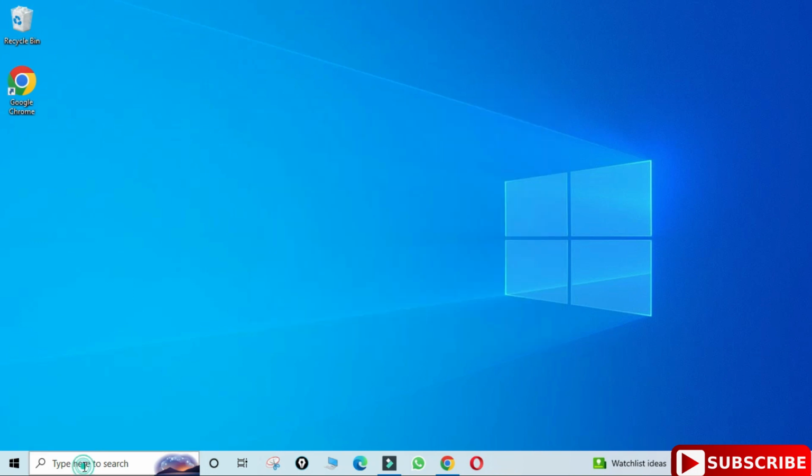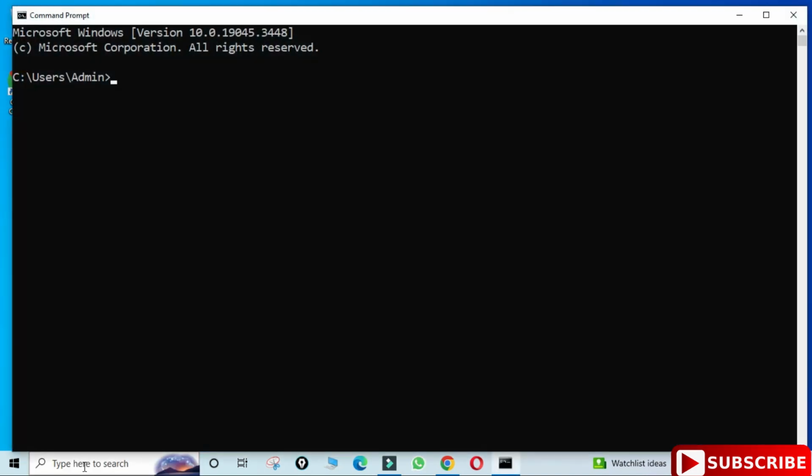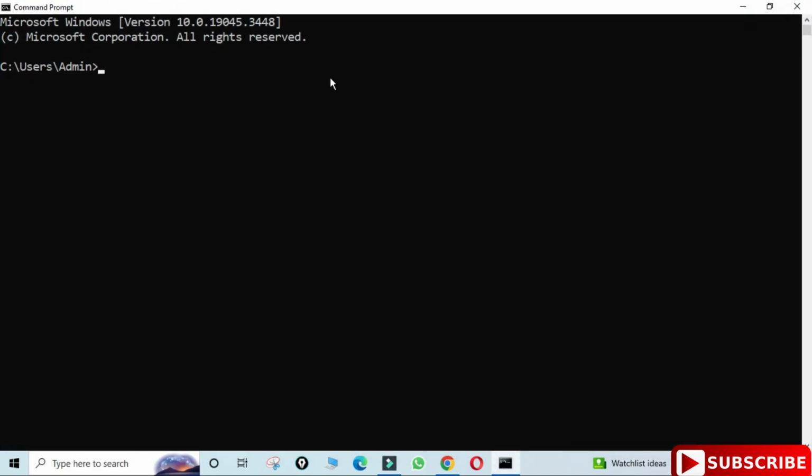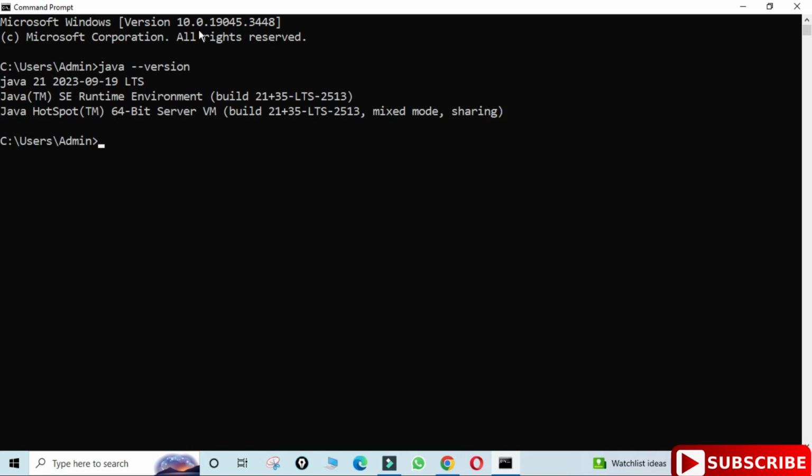Now I'm going to open command prompt and check whether my Java is working or not. Simply here I'm going to write java space hyphen version, and you can see it's showing me Java 21 LTS. I have not set the environment variable, still it works without the environment variable also. Sometimes, if you are installing any external IDE and you are running a Java program over there, then for that you need to have the environment variable path. So now let me show you how to add a path to the environment variable.